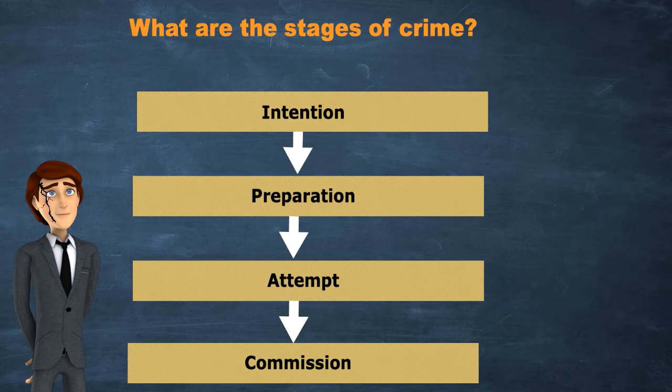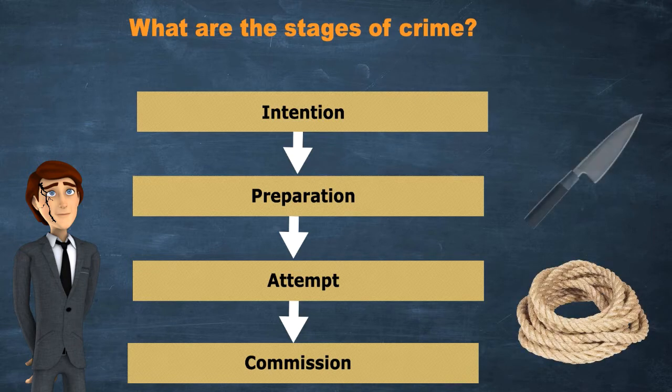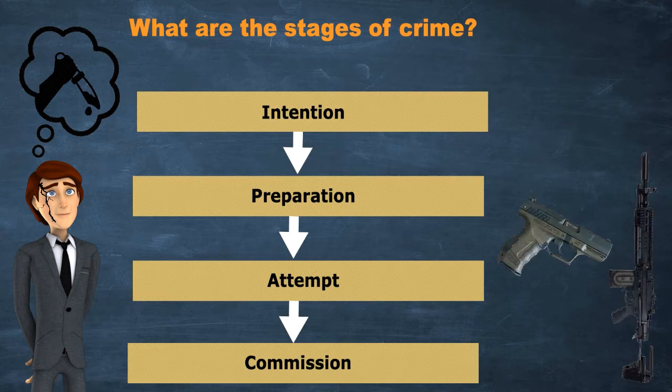The second one is preparation. So if you're doing something, unless it is substantial or perceptive, like buying some illegal weapon, then that is another issue. Otherwise, if you're doing something, maybe buying some rope and some knife, that of course you can buy, right? So if you are doing such kind of preparation, even then it is not a crime. But yes, if you are preparing to murder someone by buying an illegal weapon, a pistol, then that is again a crime. Okay, only buying an illegal weapon.